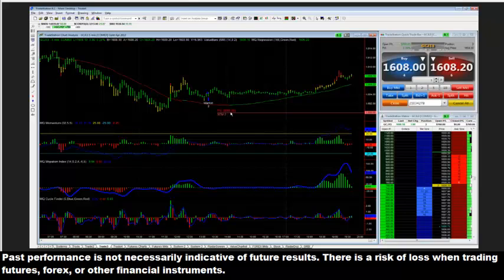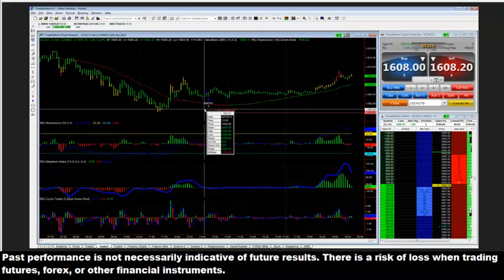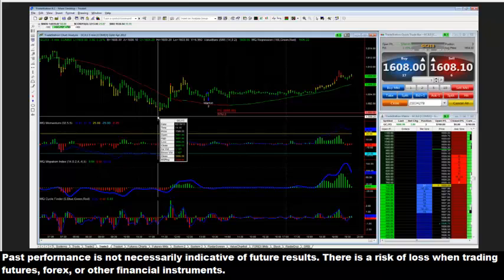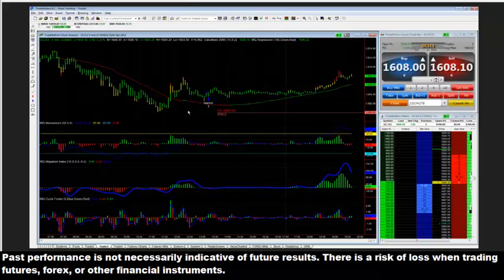I gave it a lot of wiggle room. So far it's up $760, so that's a good trade, and I'm holding it longer term. I'll probably move my stop up to break even once the price heads a little bit higher, or at least maybe below this low right here of 1602.60. So that's still intact. The corrective low before that is below 1600, and then there's one as low as 1596, which would be very conservative.